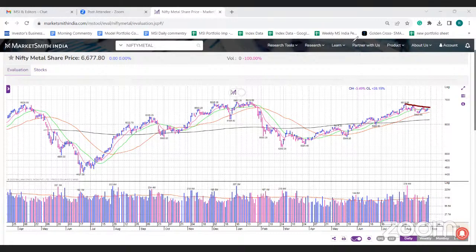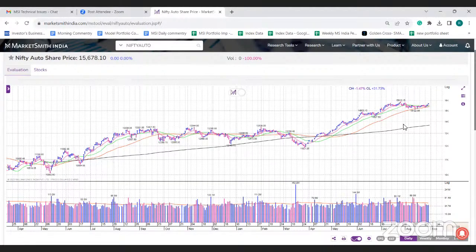Okay, and even today we saw that a lot of auto stocks are making new highs. So that can be reflected in the index as well. So the auto index is moving towards a new high, and the realty also. I will discuss that also. You might have heard news about the bookings in Mumbai, right? It's at a decade high for the last month. So a lot of positives are coming for the realty sector as well.